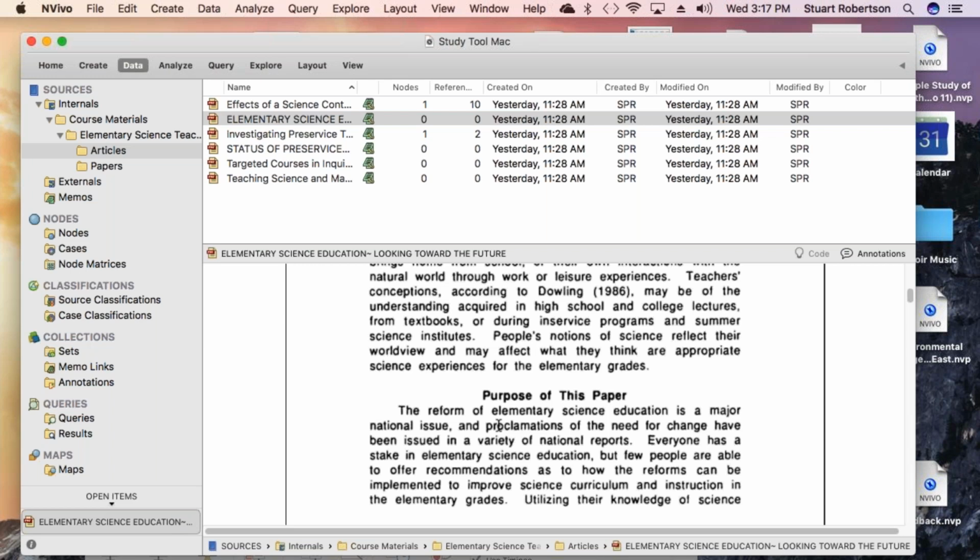In the NVivo world, you're highlighting it and you're actually placing it into something that we call a node. And you can think of a node as a bin. It's simply a place where I can pull together pieces of information that address a particular topic or concept or theme, perhaps give an example of that concept, theme, or idea, and be able to do that across different data